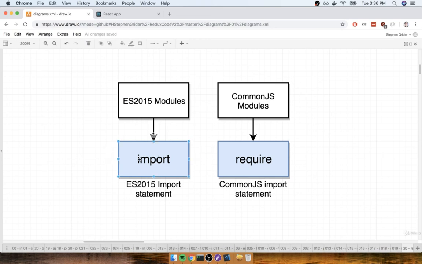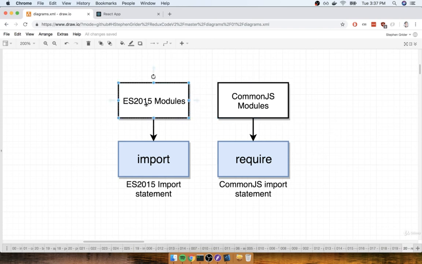When we make use of an import statement, that is a reference to a module system called ES 2015 modules. This module system is essentially a set of rules that describes how code can be shared between different JavaScript files. There is a different module system called CommonJS. This is a different set of rules that also governs how to share code between different files.